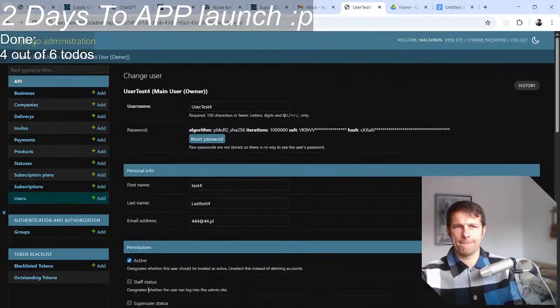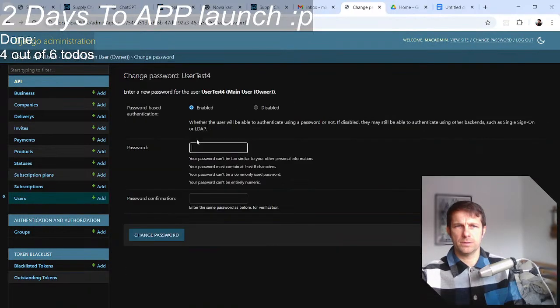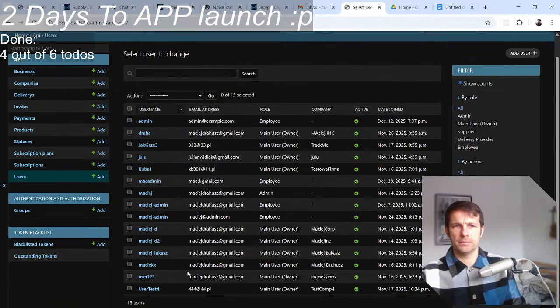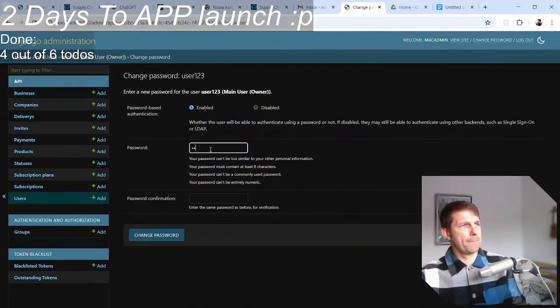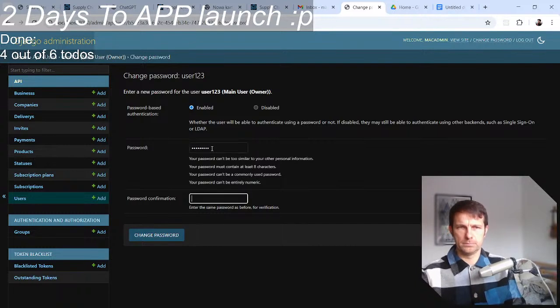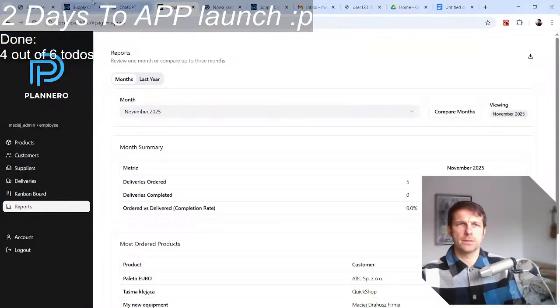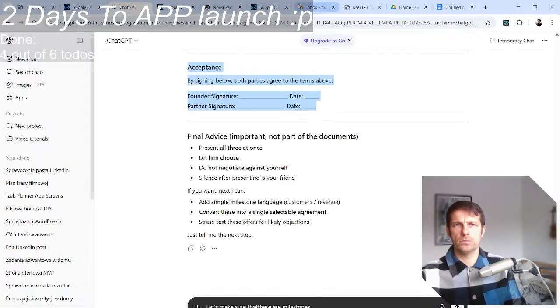I can already see reset password. Actually, no, let's just do one of mine. User 1 to 3, change password. User123. Good. Change password, and let's see.